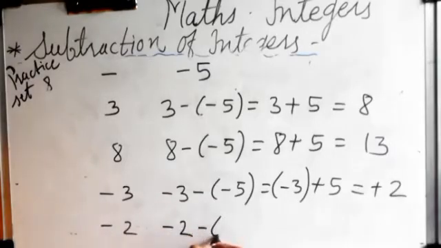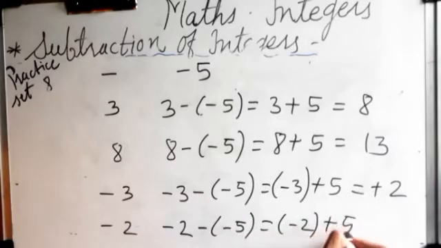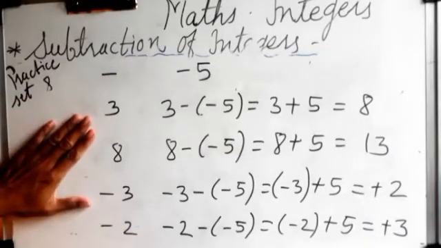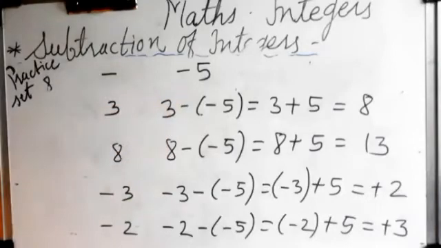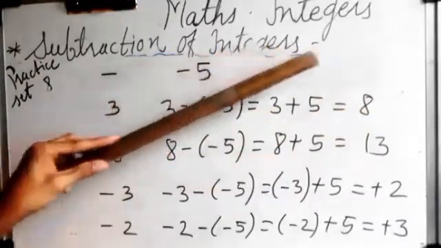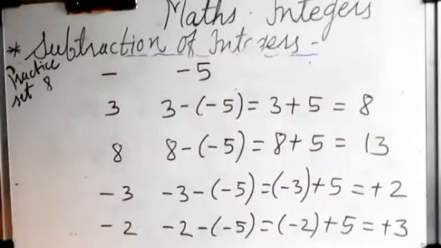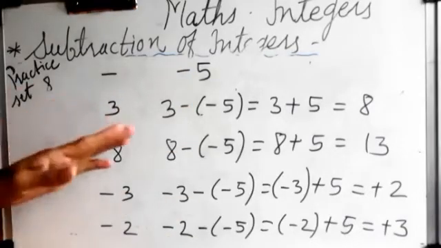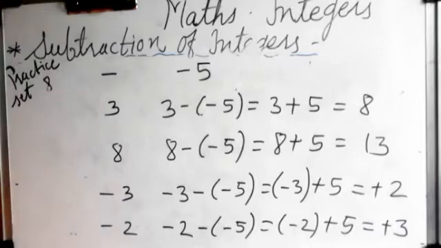Minus 2 minus 5. That means minus 2 plus 5. Different sign, take the difference. 5 minus 2, 3. Bigger number sign is plus. So you have to solve in notebook also this way, students. Means for minus 5, this column, you need this much big place. So don't make first only table and then write. Then nothing will understand. So you have to take one column properly, or simply you have to solve like this way, as I solved here on the whiteboard.